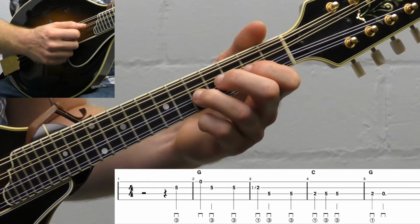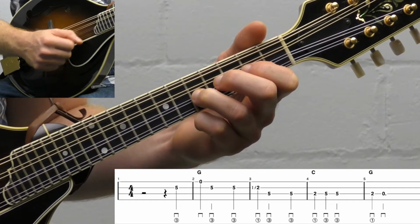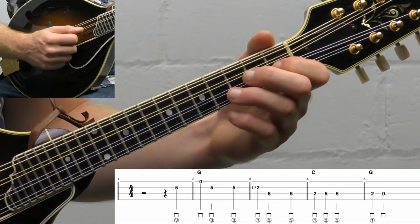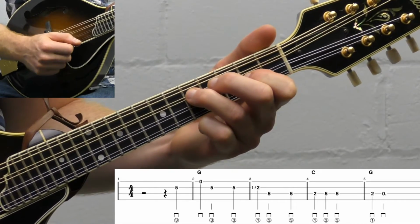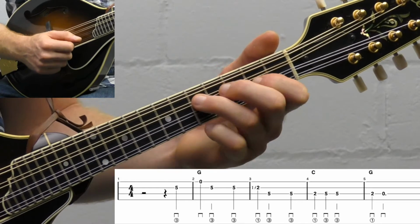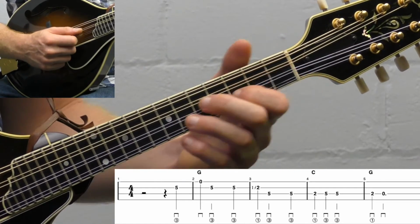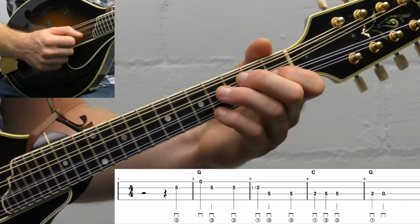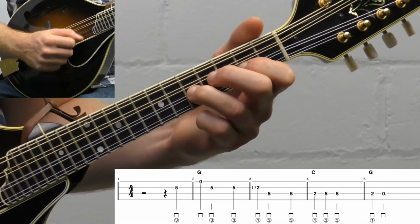So 4, 1, 2, 3, 4. And then we're going to do a little 1 to 2 slide. And that's just kind of making it sound a little bit more like the vocals might do it. We're adding a little slide. You can slide, I wouldn't slide too slow. You can do 1 and 2 or just slide right into it. So it's,